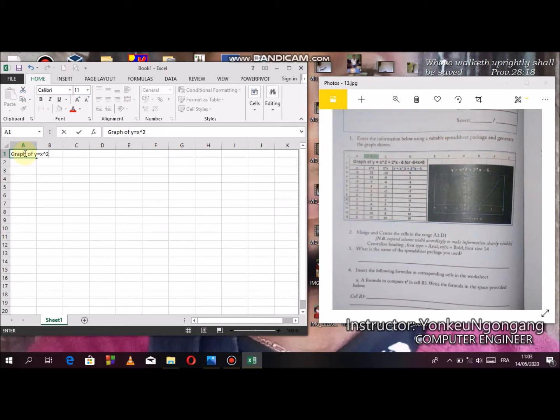Graph of y equals x squared plus 2 times x minus 6, for negative 6 is less than x, which is less than 6. Okay, this is it. And the data, the first column is x,